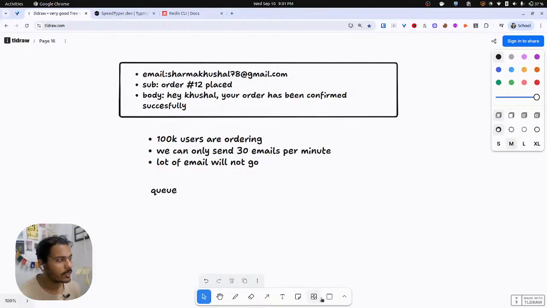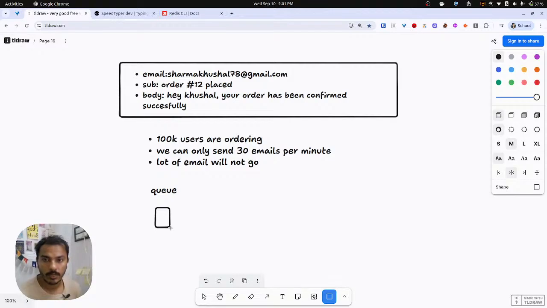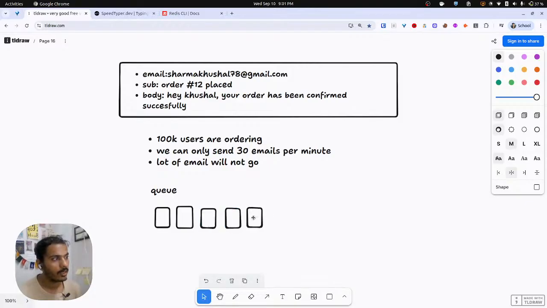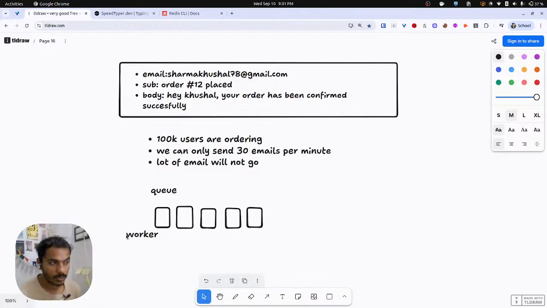It will basically take, okay, this is my email, store it here, this is another person's email, store it here, and similarly it will store all the emails, and there will be a worker assigned to it, an email worker, right? It will come and take each email, and we can just set what we call a rate limit, or we can just say process 30 emails per minute,